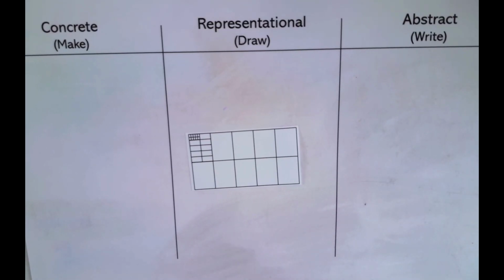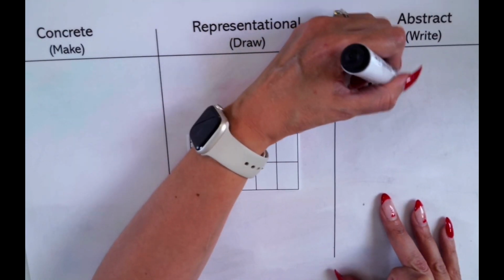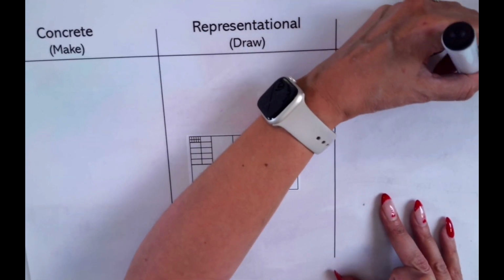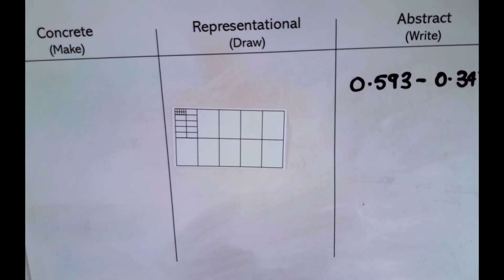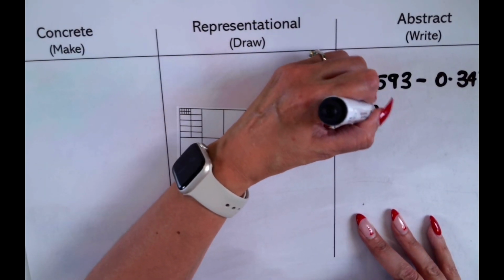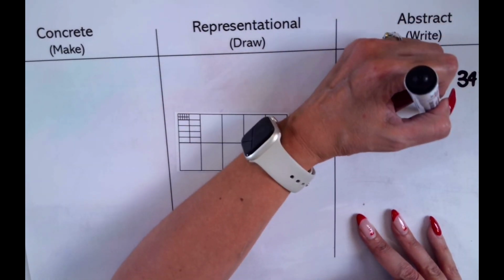Now, what about subtraction? I'm going to show you subtraction that involves numbers up to, or decimals up to thousandths. So here is 0.593 minus 0.347. Now, like with everything, I would get the students to show it as a decimal fraction. So they'll do 593 thousandths, and you want to subtract